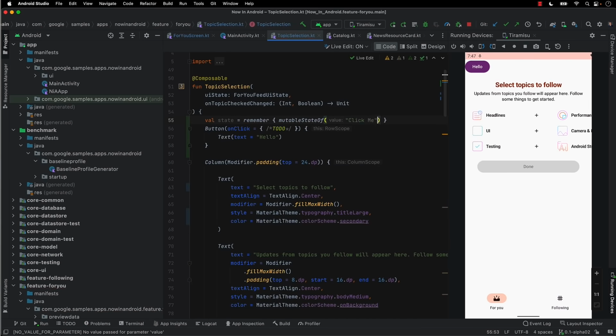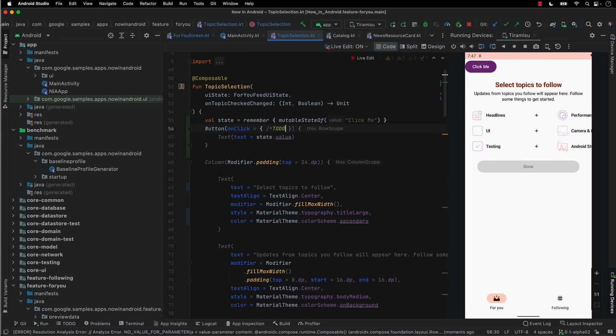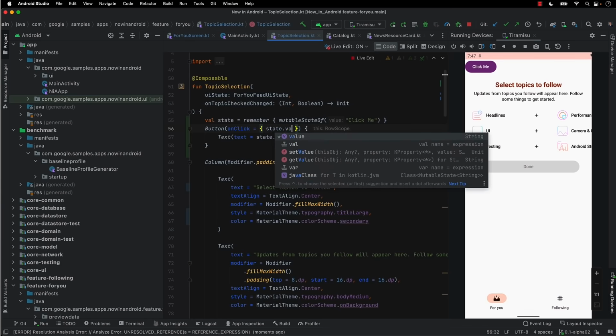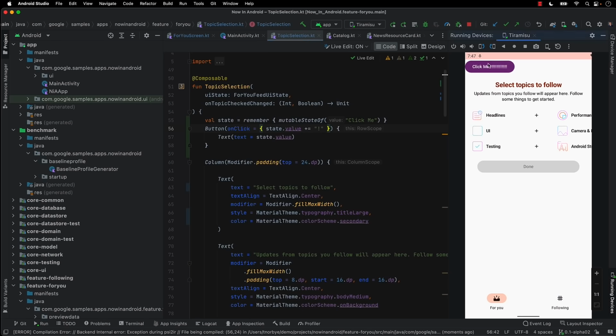And then let's change our button label to be the state's value. And last but not least, we can make the state, we'll append an exclamation point whenever we click it. So now if I'm clicking the button, you can see that the label updates. So very trivially, while the app is running, we can go and tweak the code here.